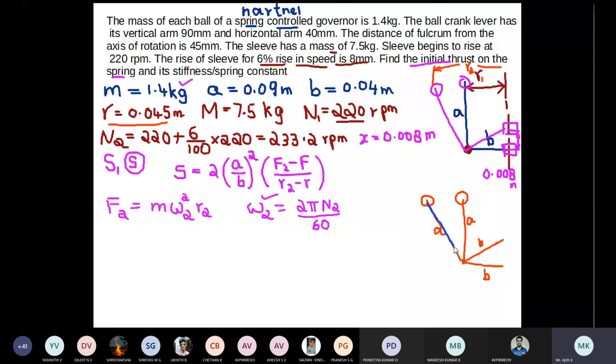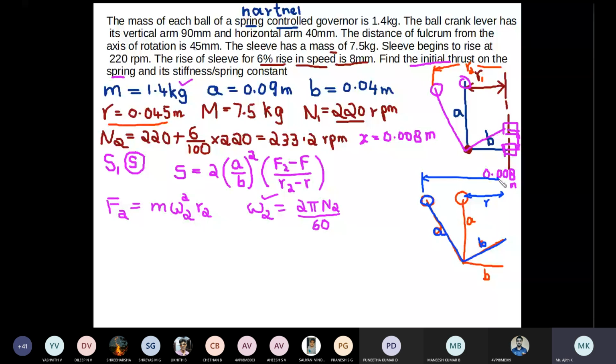This is final position, A and B. This radius is given in the question. From here to here it is R, but R1, R2 value you have to find out. This is R2,